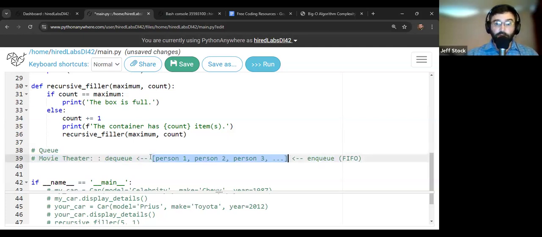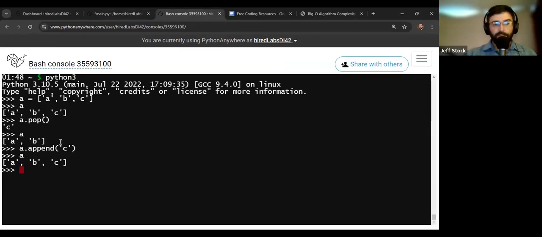Now, again, you can use what's built in with lists, and you could pop things on the back, or you can append things to the back. So this could be the operation used to add people. If you want to have people leave the front, then you could slice them off the front or do something like that. But again, every time you do this, being the developers that you are, you know that this is picking up the entire list and moving it in memory.